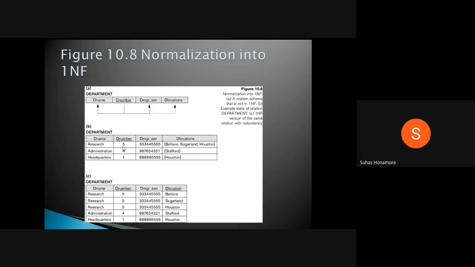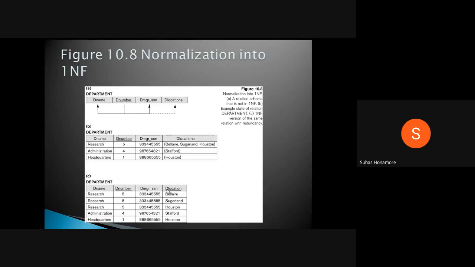In this table, I had department number as the primary key. If I give only the department number, it identifies the department name, manager, and D location. But when I list it like this, if I give only the department number, we'll have three entries. So you can't mark only the department number as the primary key. Along with D number, you have to mark D location as part of the primary key. So these two together remove the multi-valued attribute.